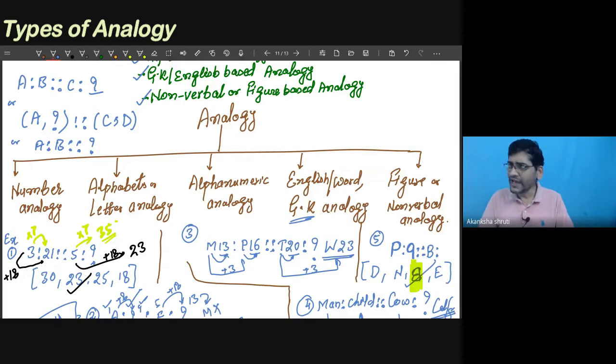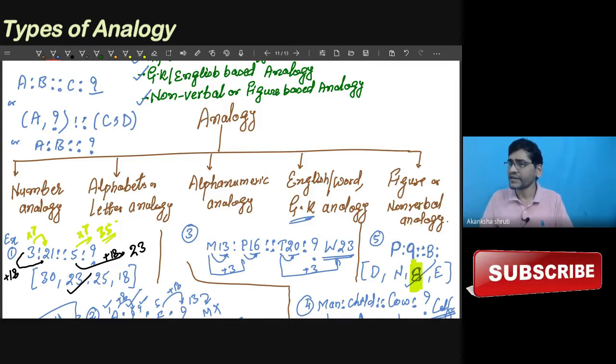It may be possible that some power relation is formed, like 3 cube minus 6 also gives us 21. Okay, 3 cube is 27, minus 6 is 21. So it may be possible that 5 cube minus 6 could be there, meaning 125 minus 6, which is 119. So if 119 is in the options, that could be the possibility. So what are all the possible relations that we need to search? Afterward, we have to match with the answer.